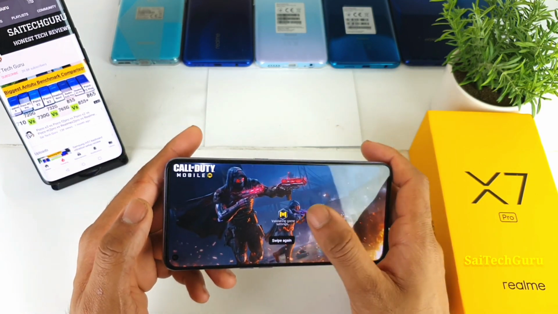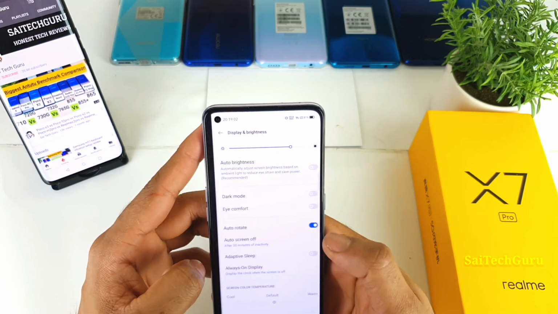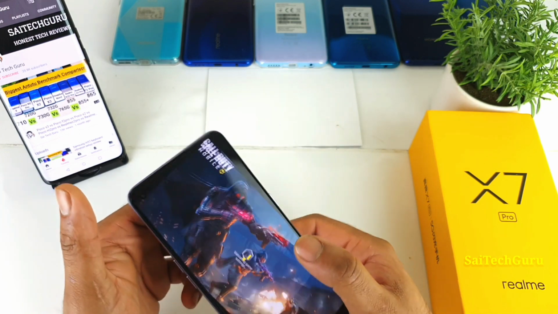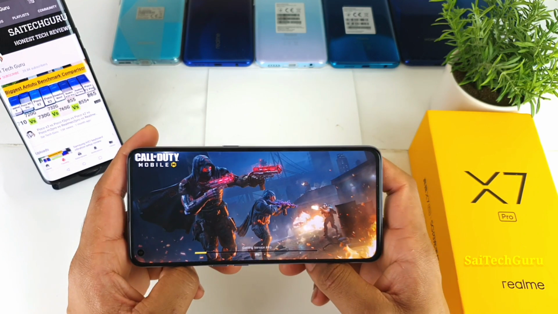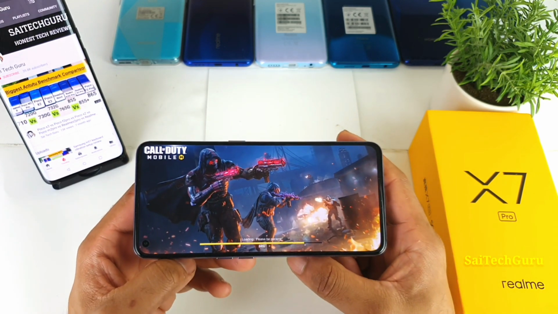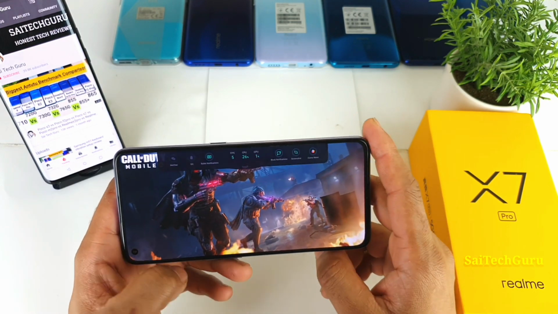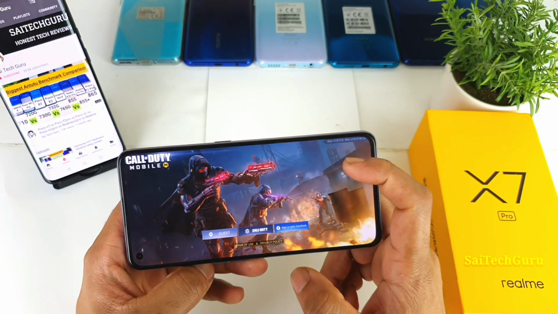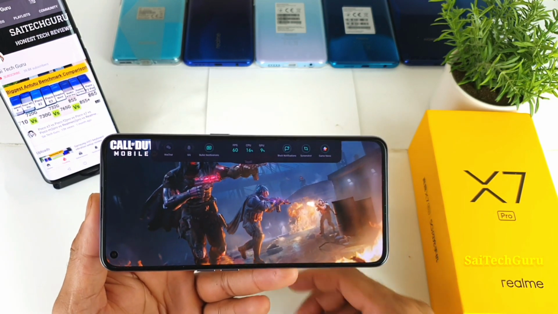And before that, let me quickly show you what refresh rate I'm using currently. If it matters for you, let me quickly show you the 120 Hz refresh rate I did enable, even though the game doesn't support it, but I still turned it on. A few of the users will definitely ask me what refresh rate I'm using, so that's why I thought of mentioning it before the start of the gameplay. So right now let me quickly swipe sideways so that you can see the real-time FPS count, what's happening here. So let me try to log in right now.